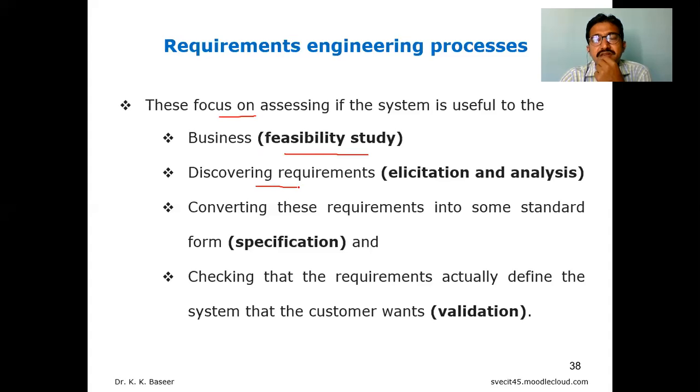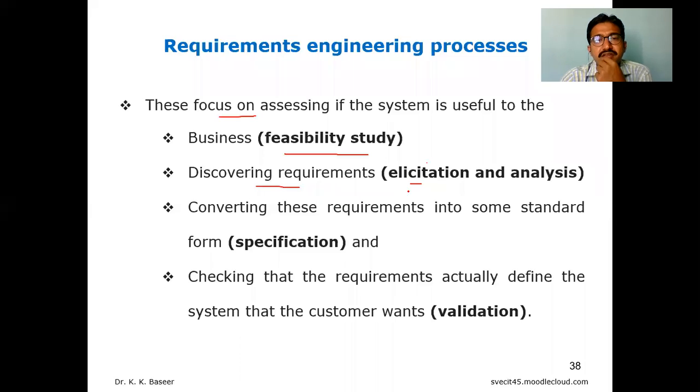Next deals with the discovery. Discovery talks about the elicitation and analysis. The second phase of this REP is elicitation and analysis. So what we are doing here is, we are deciding the requirements process, how we need to collect and what we need to collect, and that both system as well as user requirements have to be given: the user requirement elicitation as well as the system requirement elicitation.